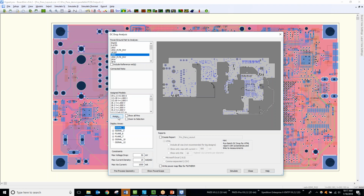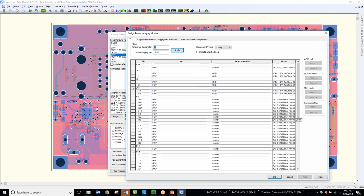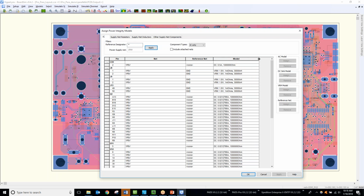The first thing that we have to do is assign models. If I click on the Assign Models dialog, we'll see all of our different pins and components that are connected to this net. For example, CR1 is the reference designator, and pin 2 is connected to this net, so pin 2 is connected to 1.8 volts. You can also assign a reference model, such as ground or a reference net. For the models in this example, all we have is a DC sink model. What this is showing is that CR1 pin 2 is drawing 500 milliamps, with, I believe, 100K ohm